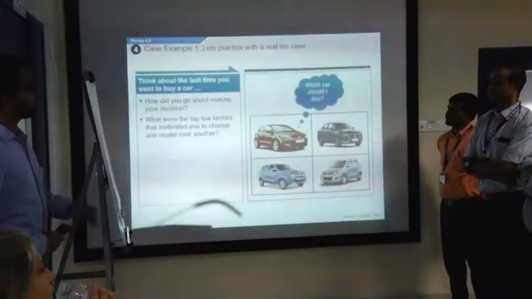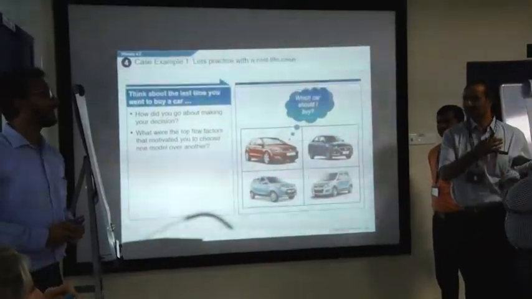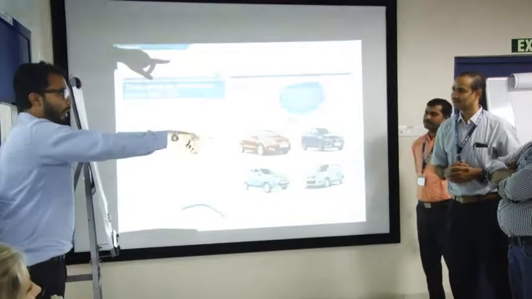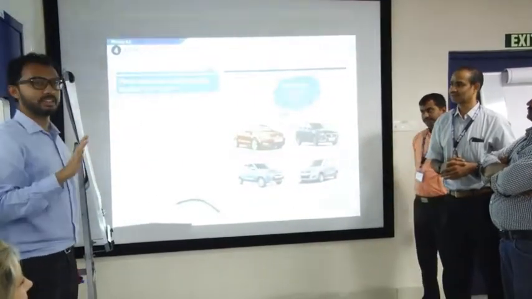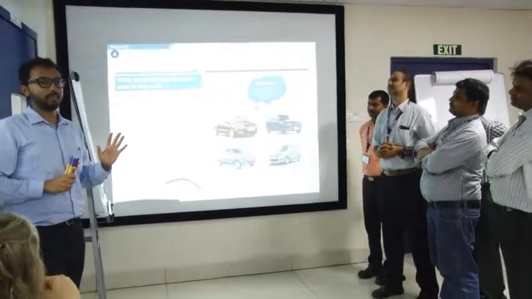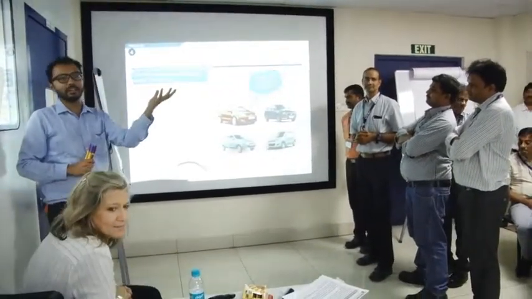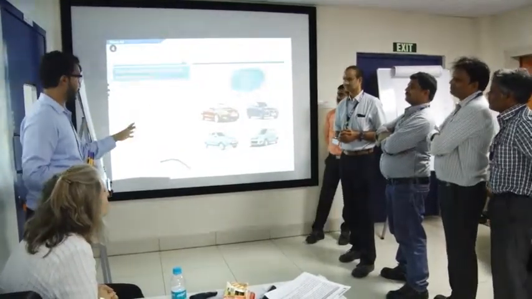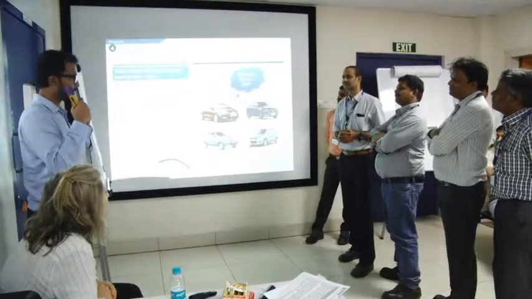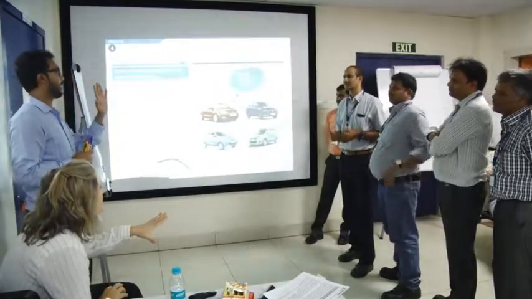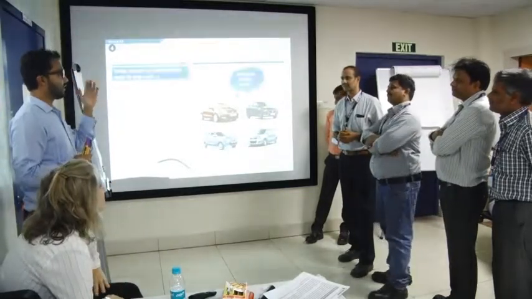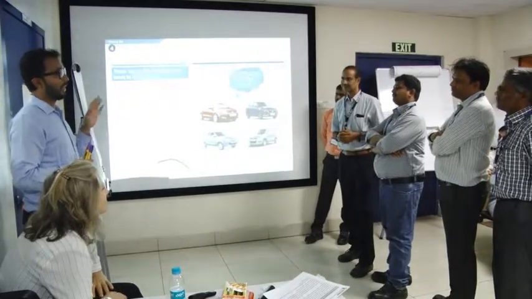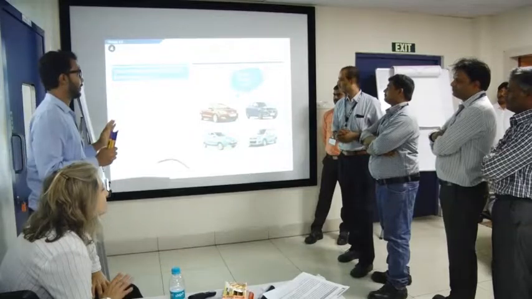Which car to buy? Could be these cars or it could be something better, right? Discuss among ourselves and we have to decide. So the idea is one of you has to write, okay? You have 5 minutes. All the parameters. When buying a car there are many factors. It could be cost, it could be color, it could be brand. What are all the possible things? Within 5 minutes, you have to just, without thinking, just shoot and mark on the slide. This is brainstorming, right? Whatever comes to your mind, you just put it on the paper. And in the last, people have done more than 20 in 5 minutes, so let's see how many you will do.